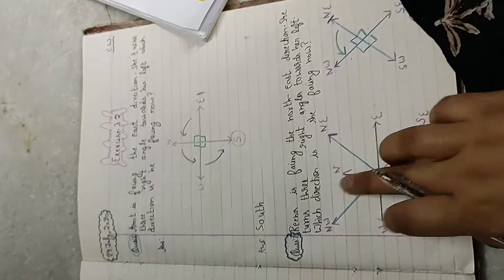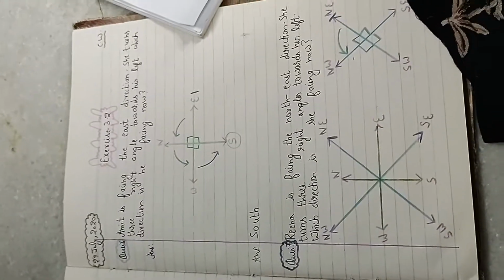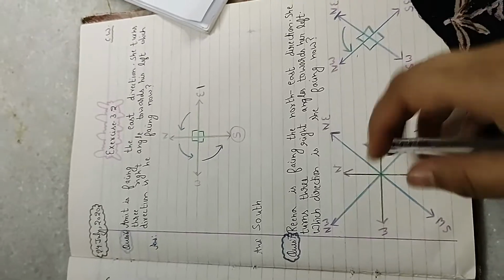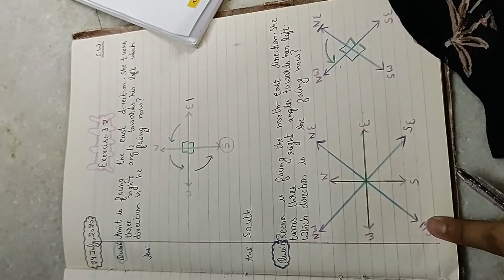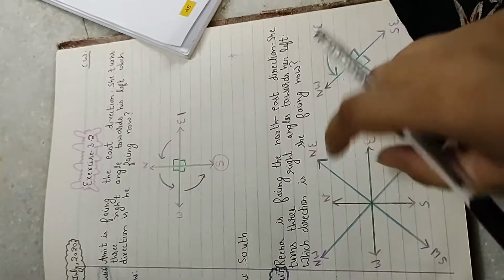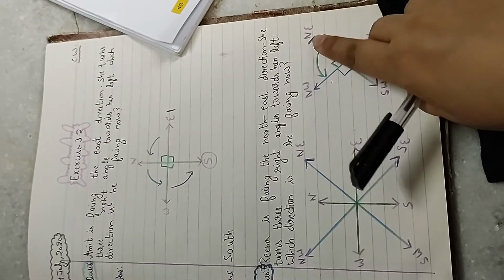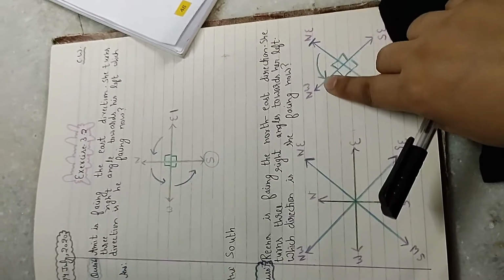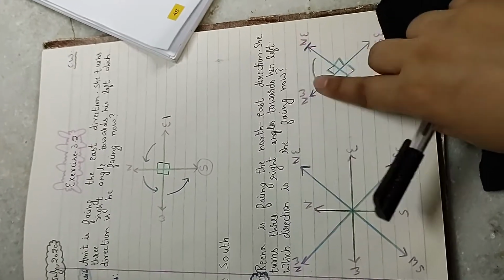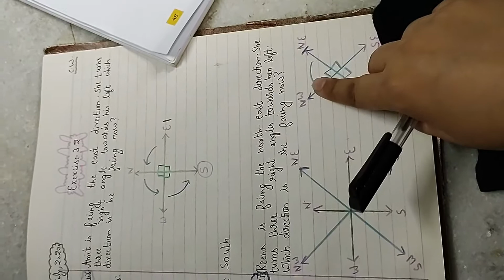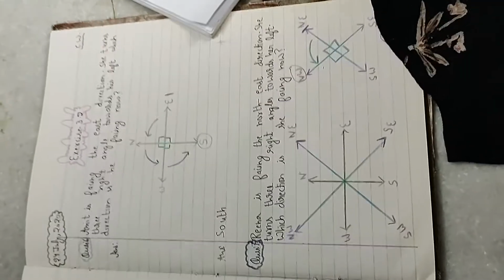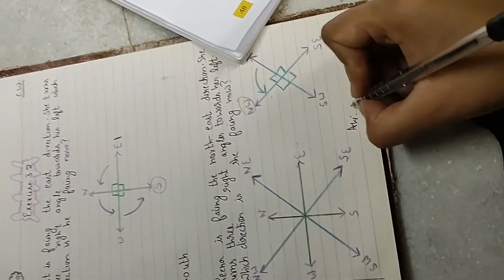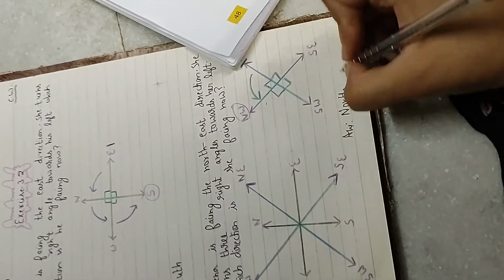So these are all the directions. North, east, west, south you have already done. So there are sub-directions also. 4 sub-directions are there: northeast, northwest, southeast, southwest. Actually we are talking about the northeast direction. Reena is standing here, and she turns a right angle once to the left. For a right angle she turns here. So now she is standing at the northwest direction. So I will write the answer here: northwest.